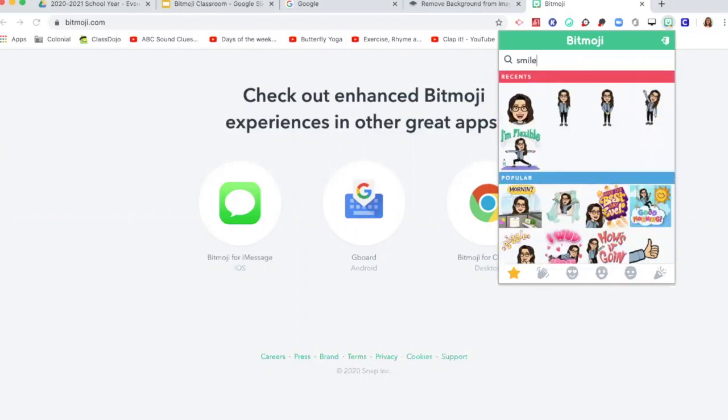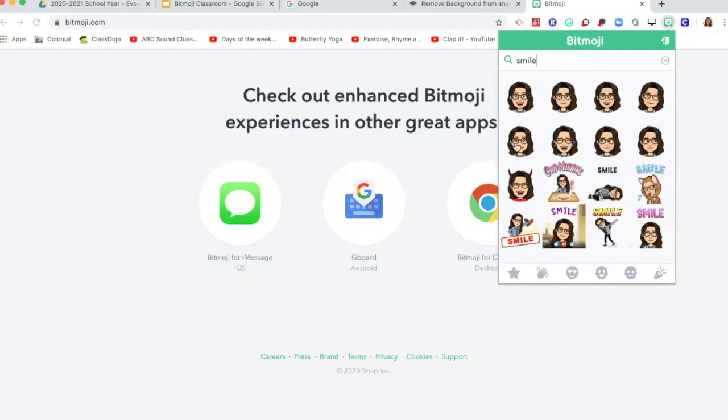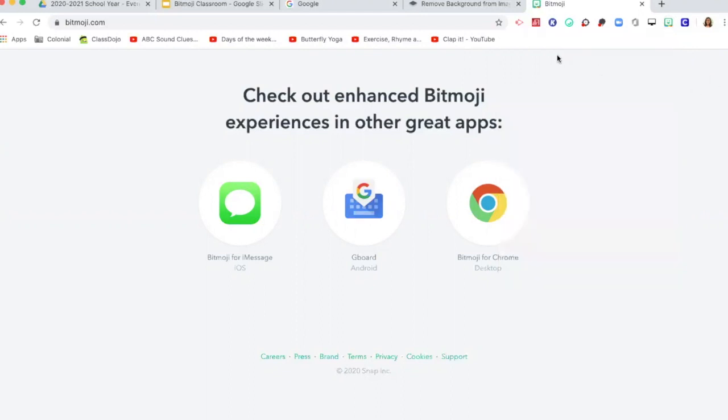You can search, and then when you want it, you're just going to copy and paste it when you're ready to use it. That can be emails or Google Classroom slides, really anywhere that you can type, which is pretty